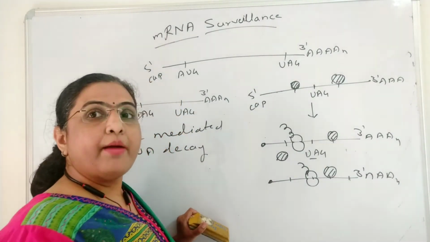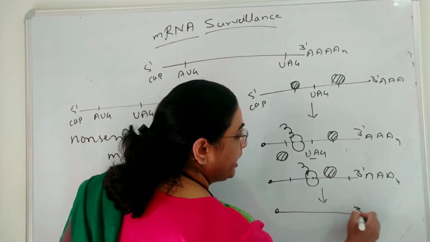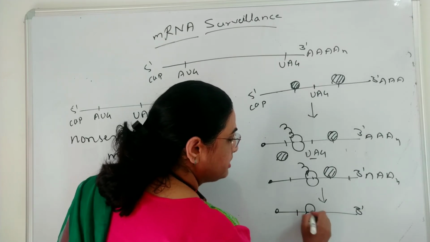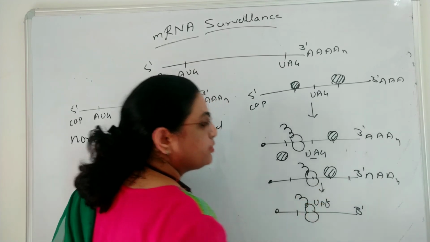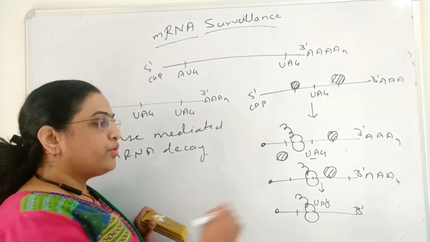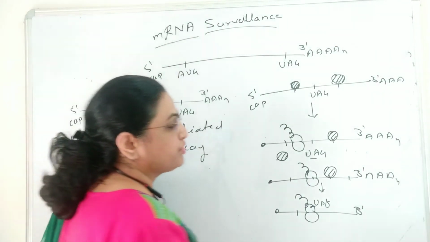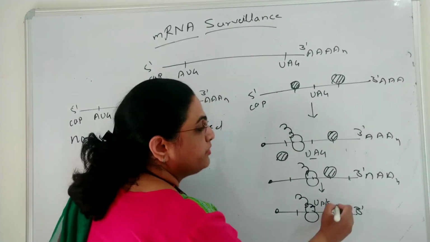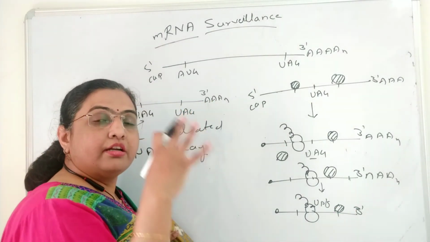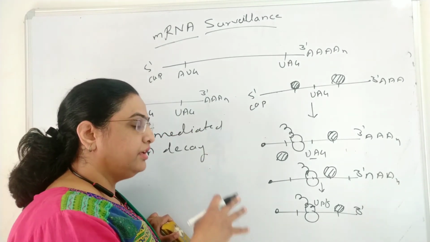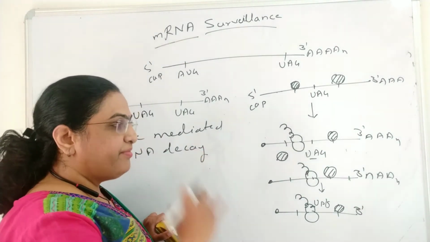So what is going to happen here? There is the loading of proteins, and those proteins are called UPF proteins 1, 2, 3. Okay, UPF proteins, they are going to be loaded over whom? They are going to be loaded over these ribosomes. How? By observing that the exon junction complexes are still present over the mRNA, and the ribosome has been stalled before the exon junction complex. UPF proteins are loaded.